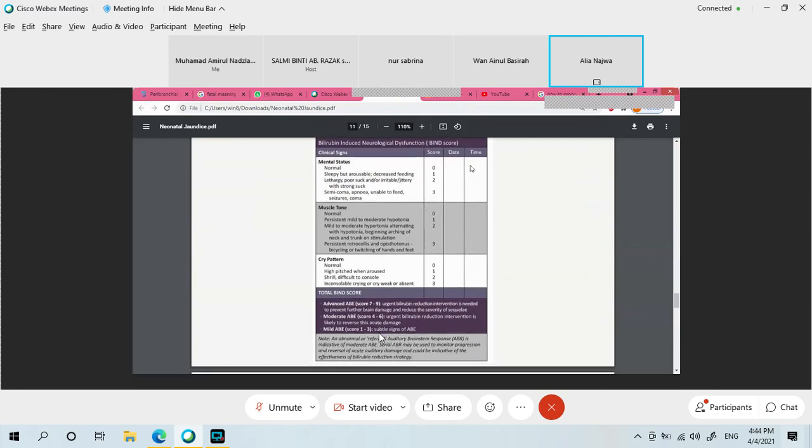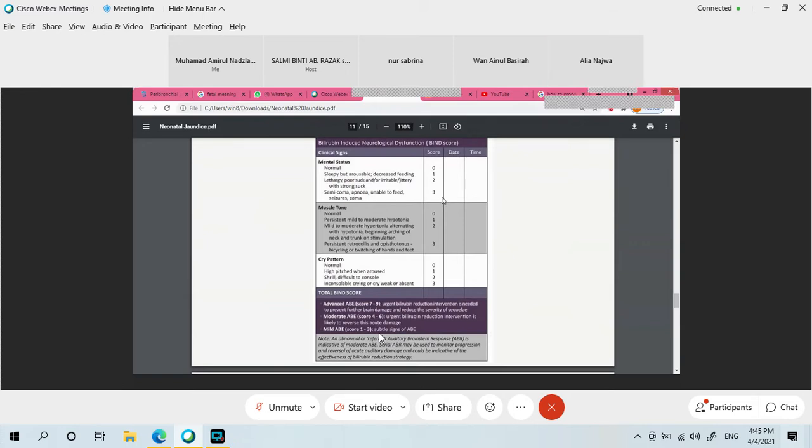Okay, so this is basically the BIND score that I've mentioned earlier, the bilirubin-induced neurological dysfunction. So there are 3 components that we have to assess: the mental status, muscle tone, and the cry pattern. It is important: if the score is 1 to 3, it shows that this is mild ABE, subtle signs of ABE, and then moderate, which is 4 to 6, urgent bilirubin reduction intervention is